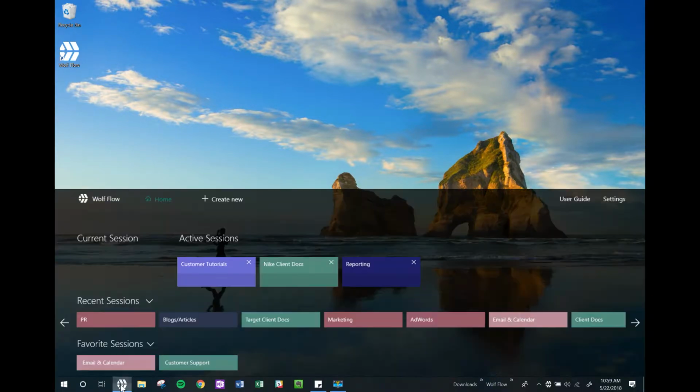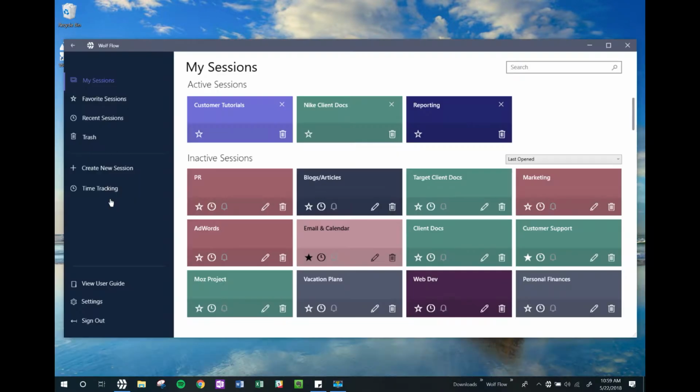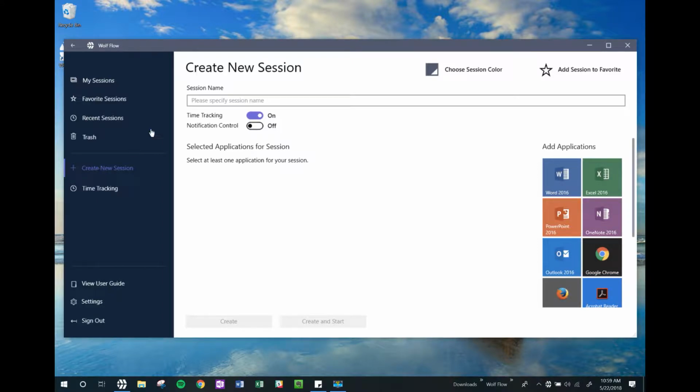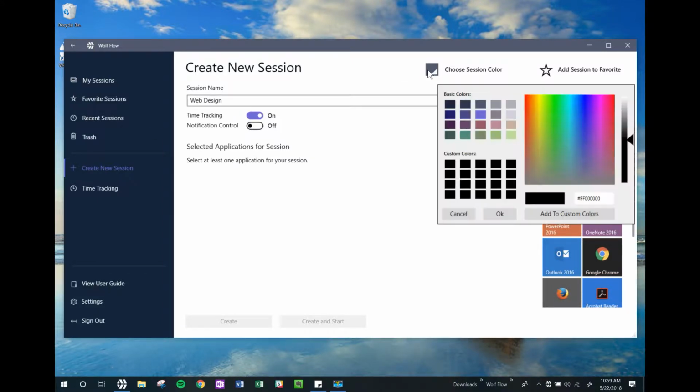Open Session View and click on the Wolflow logo to open the dashboard. In the dashboard, you will see Create New Session. Here, you can name your new session, change the color, make it a favorite, and select resources from the right